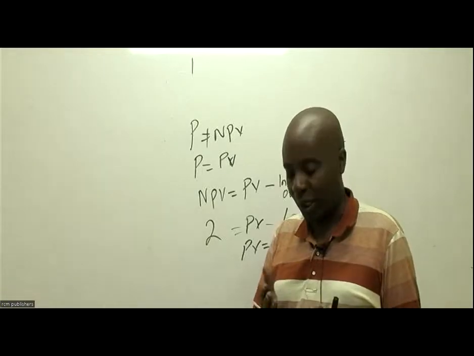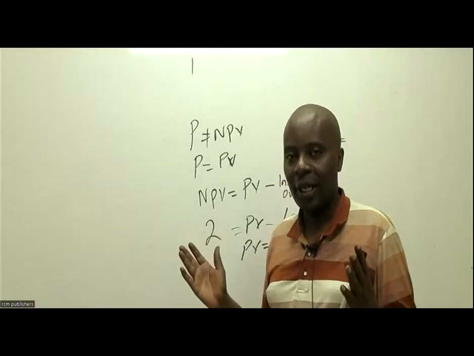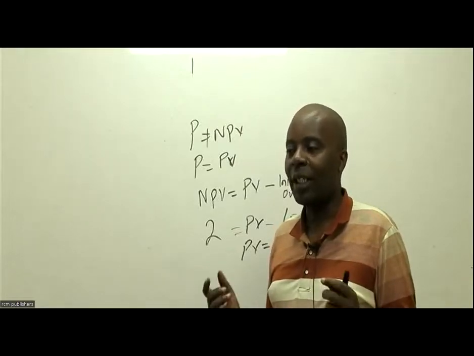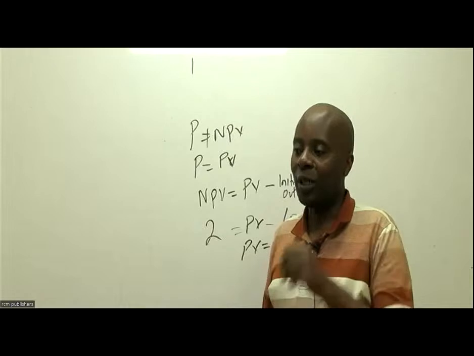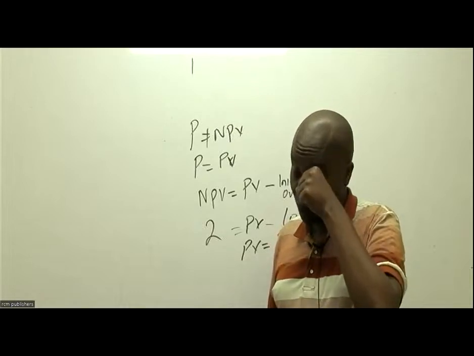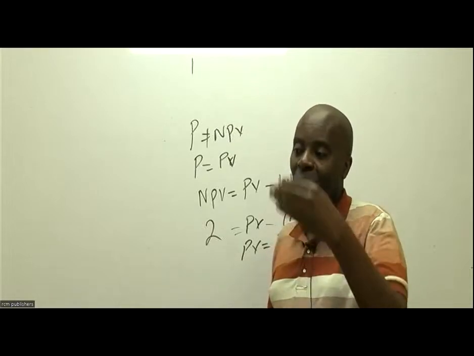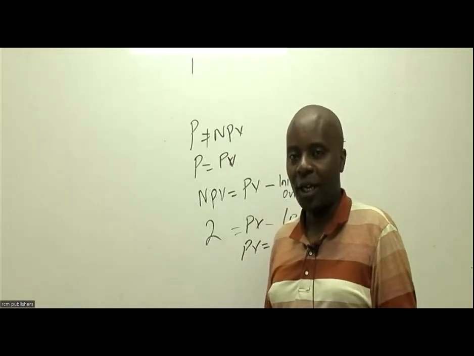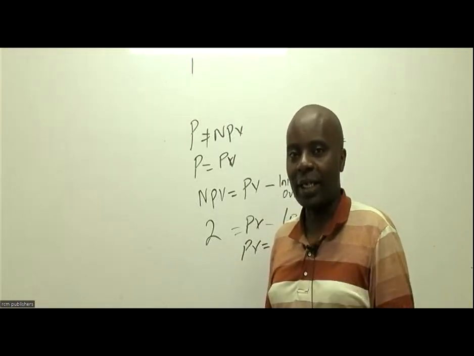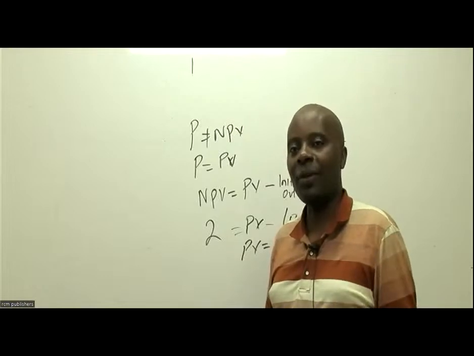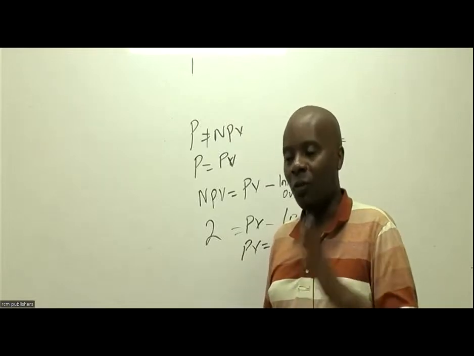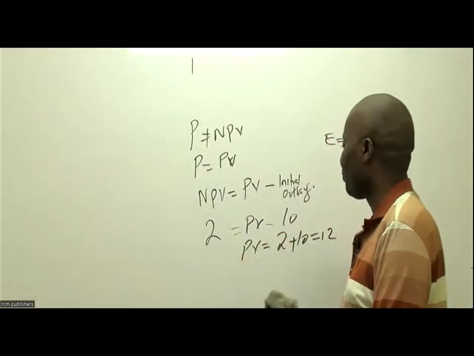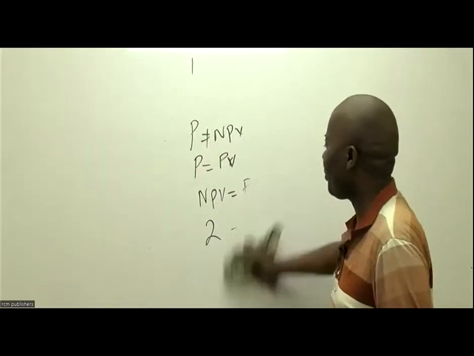After all, even if they were to delay this for 3 years, they'll still be required to make that initial outlay. The only thing the examiner should have done is tell us that because of the delay, the project price will change maybe to 15 after 3 years, to confuse some students. If you have an examiner who is a sadist, examiners will always look for ways of confusing students, turning the tables upside down. So E is 10.